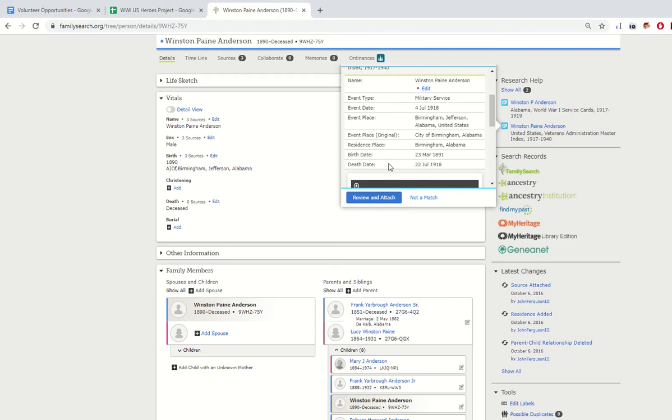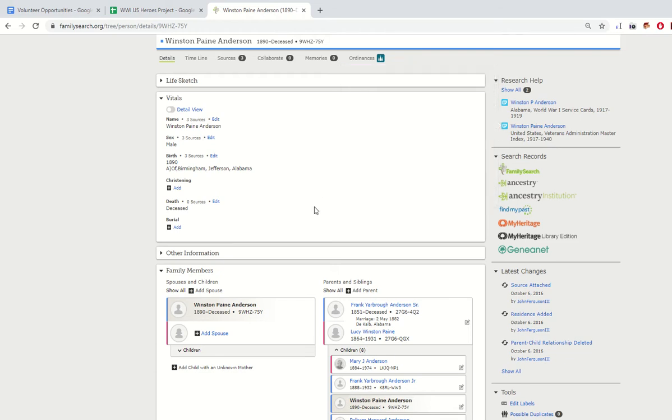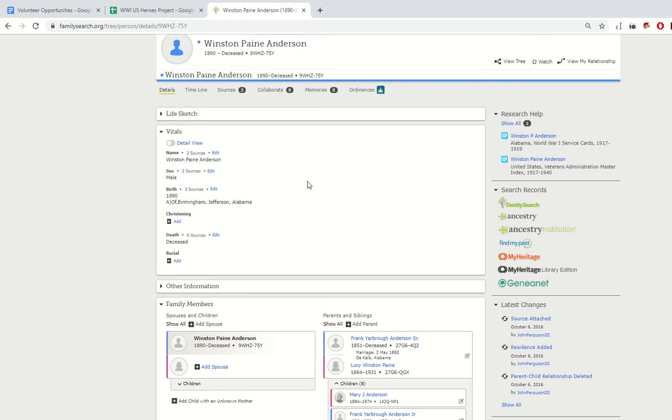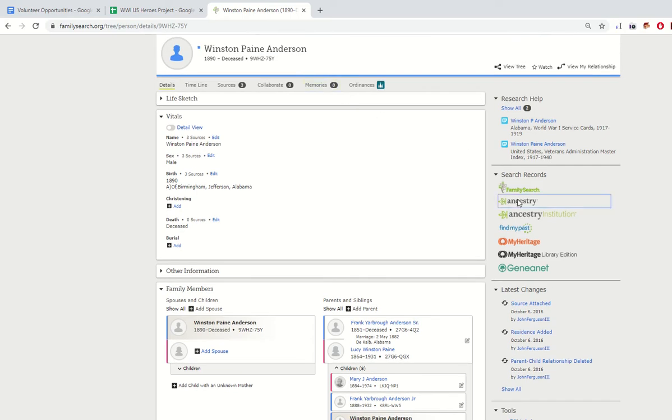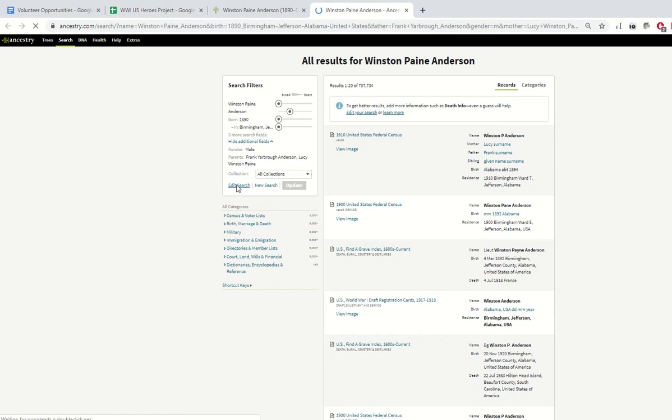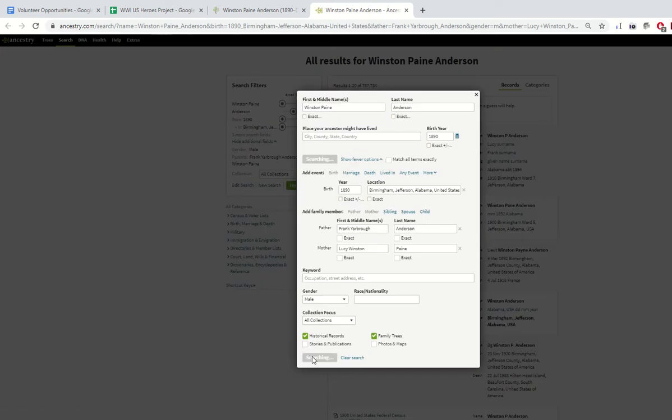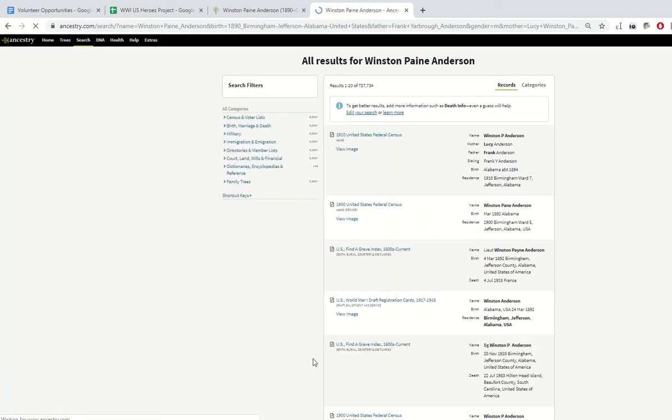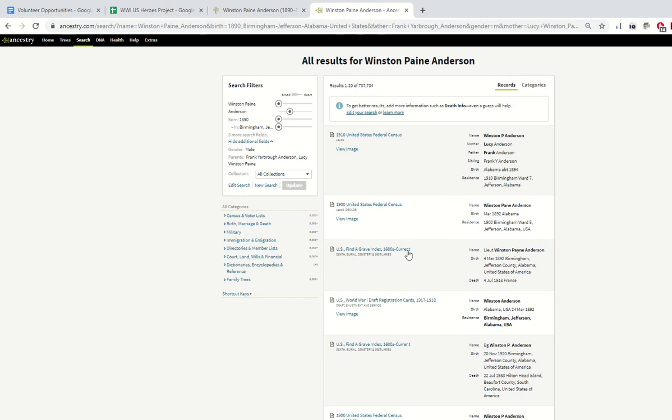So this is where we have to use a little bit of judgment. We're going to try to figure out if these are the same person. Everything's kind of lining up in that the name's pretty unique. The middle initial matches from the same place. So in this case, I'm pretty sure this is the same person. The other thing we can do is look on Ancestry to see if he shows up in a family tree. And we'll click that. And so here we have a Find a Grave for someone who died on 4th of